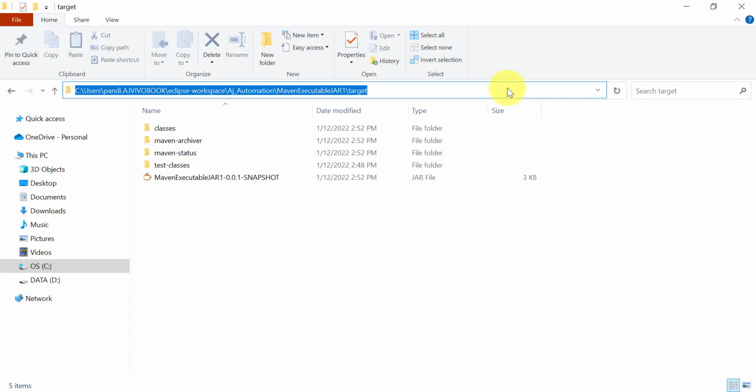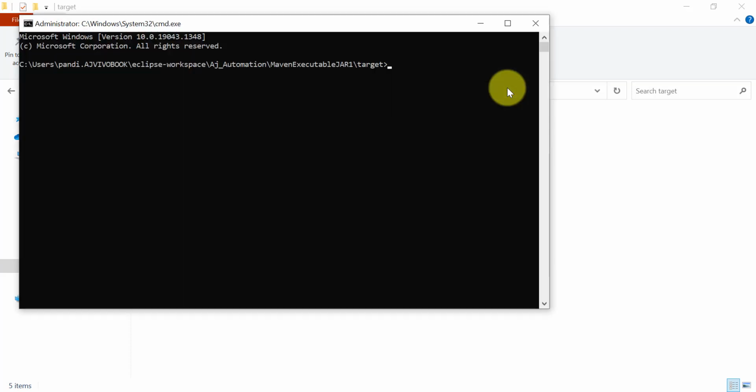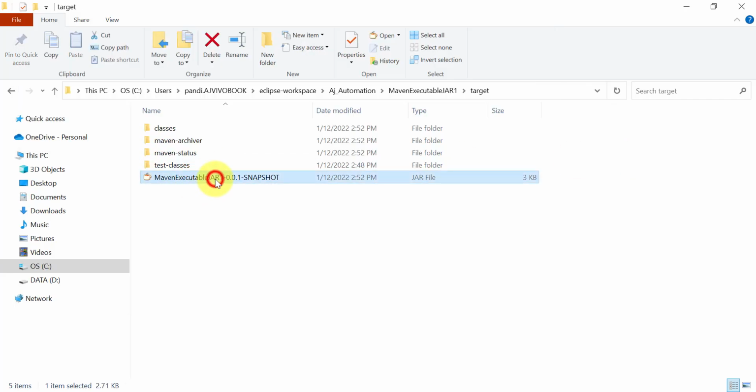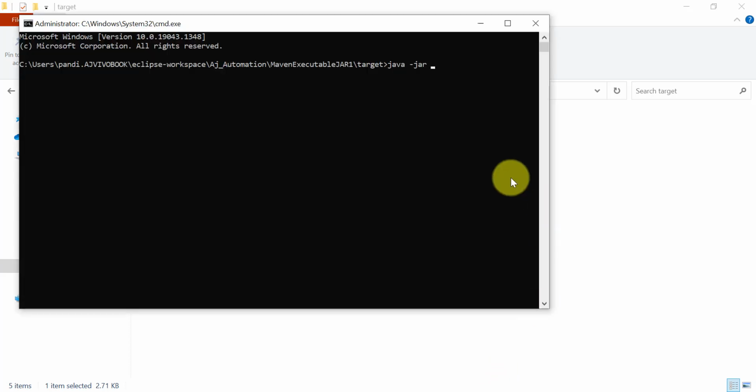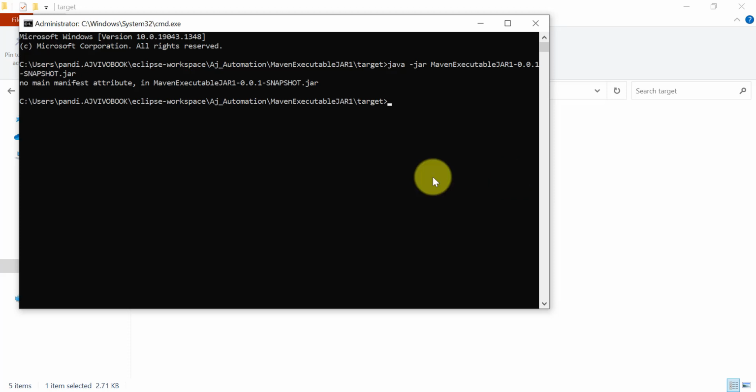Let's open the command prompt from here. To run any jar file in Java with the help of the command prompt, we can use java space hyphen jar, then provide the jar file name you want to run. This is my file name, and give the .jar extension. Hit enter. Here you will find this error: no main manifest attribute in this jar file.